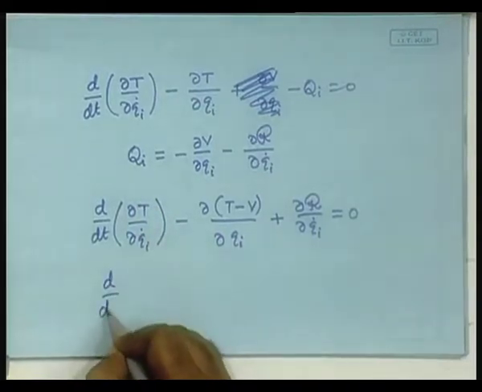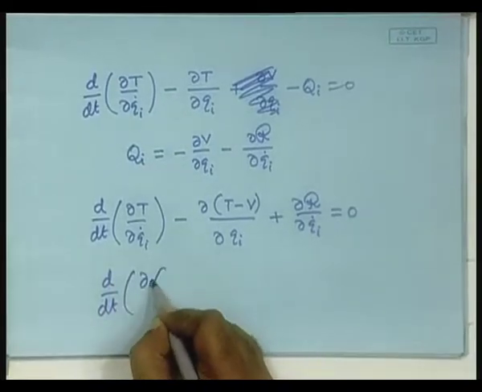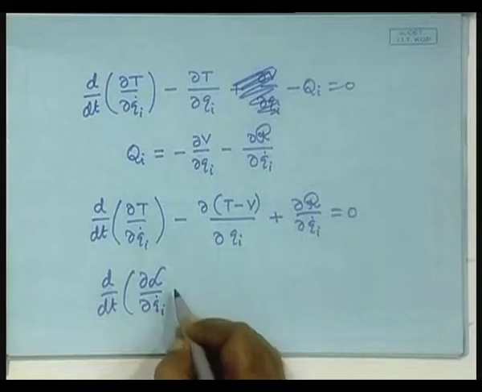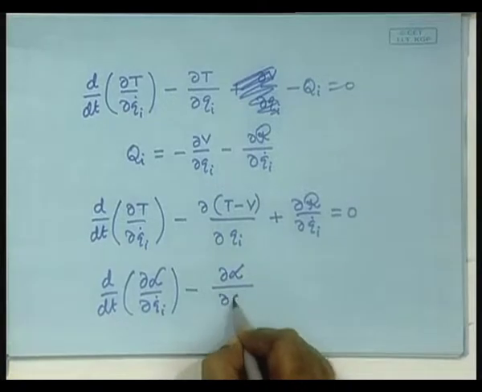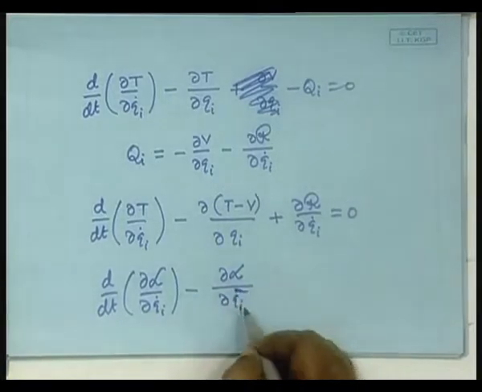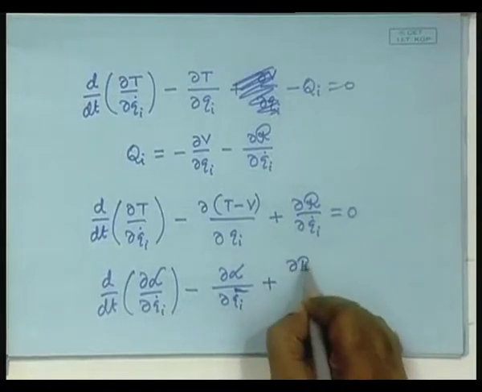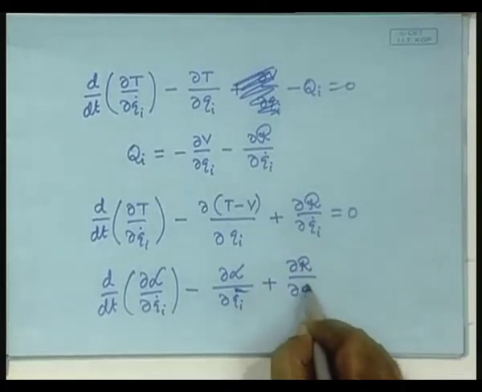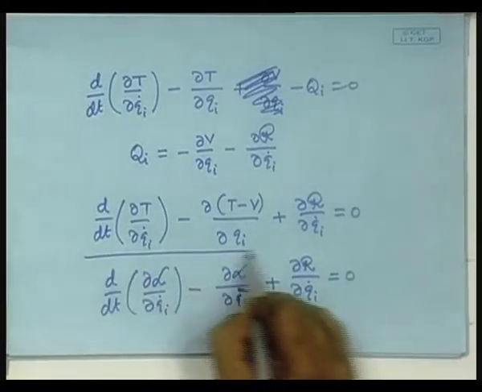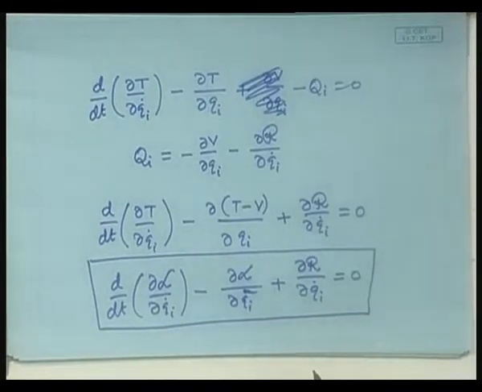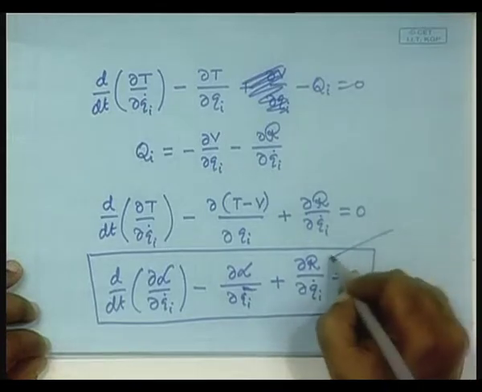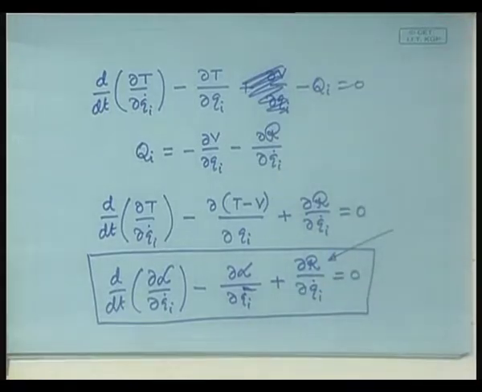So, we will continue with that argument. We will say here is the Lagrangian, minus, sorry, this q I plus the Rayleigh term with respect to q I dot. So, this will now be the modified Lagrangian equation that takes into account the dissipative forces here. This is the additional thing. By the way, before we proceed, I would draw your attention to something that we have